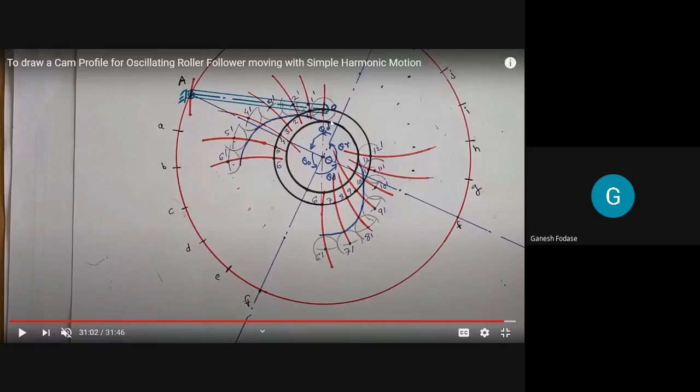Now, in case of a roller follower, that is the prime circle. For other followers, whenever it cuts the base circle, that is your first position of the cam profile drawing. In this case, it is the prime circle. So we get the first position. Next,